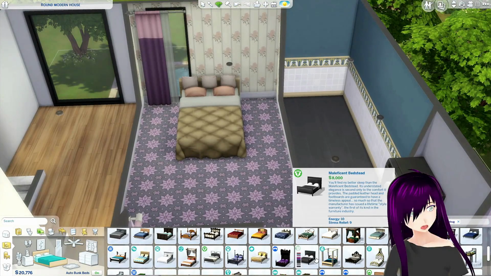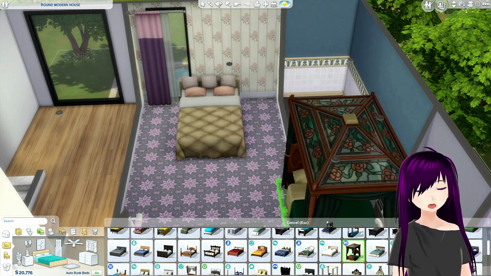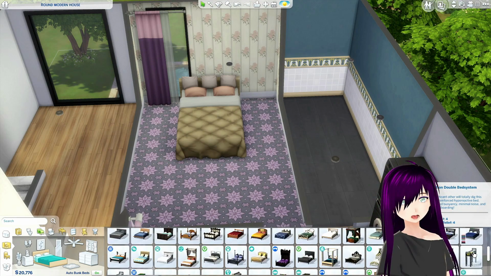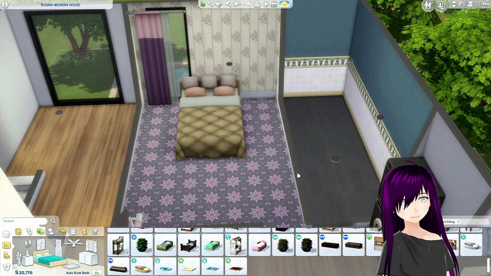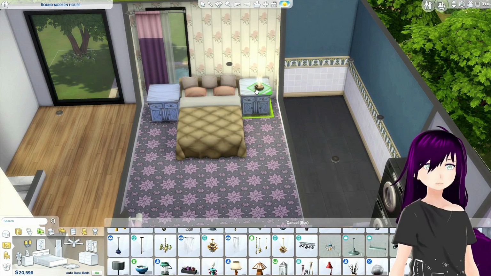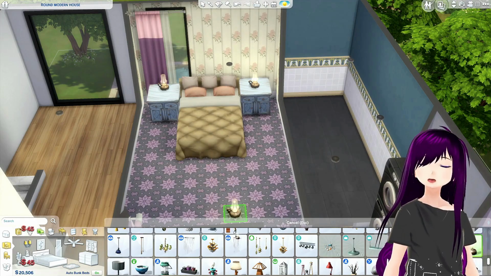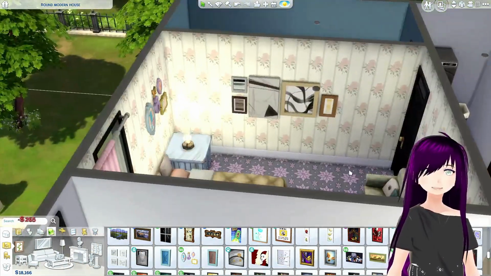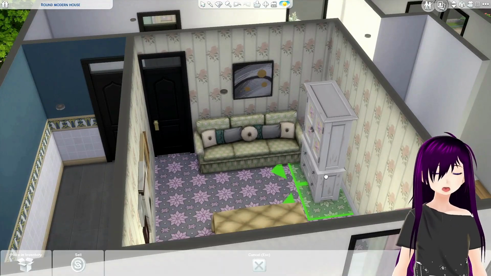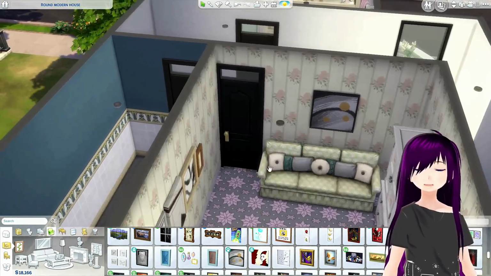I don't know how 40s this is though. Otherwise we got this one, but no, I don't think that fits the time period either. Don't really think we got a bed like this, but I think this one is closest. I have no idea. Is this a 40s? Oil lamp is old. 40s is old, so sound logic, right? Okay, this is a 40s bedroom. As I see it, I have no idea if this is actually 40s or not. Let me know in the comments how well I did.